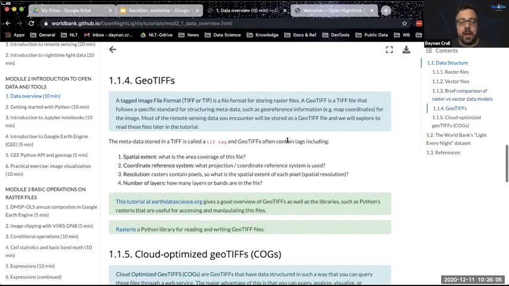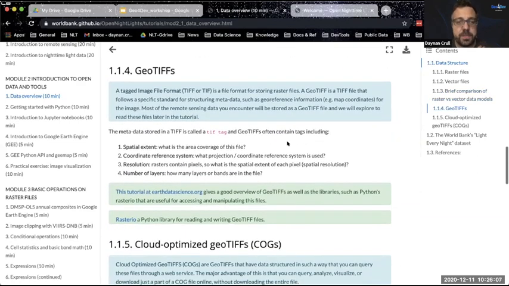I'm not going to go into too much detail about other data structures, but GeoTIFFs are a very common format for raster files. And they provide a lot of metadata, and there's sort of standards for GeoTIFFs so that metadata like the coordinate reference system, the resolution, how many bands or layers, what's the spatial extent, like what's the overall coverage of this file.